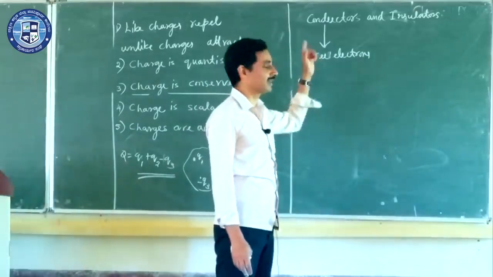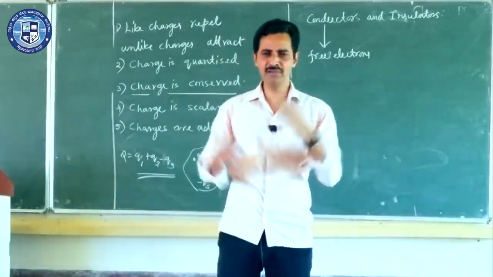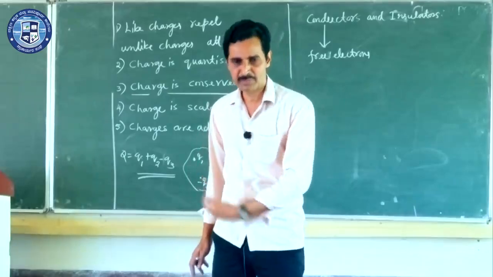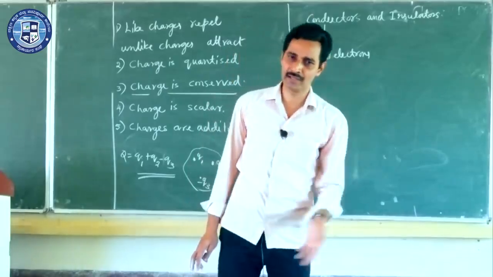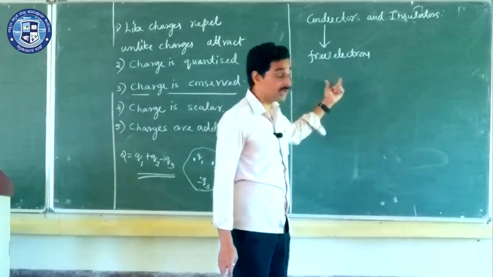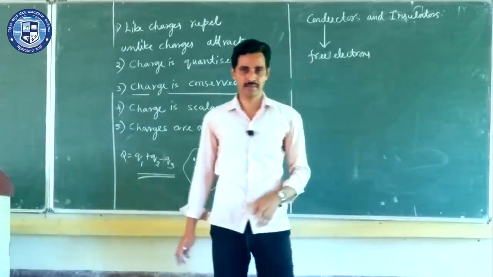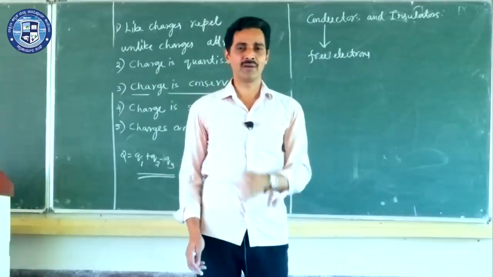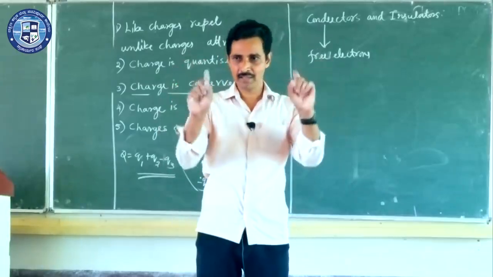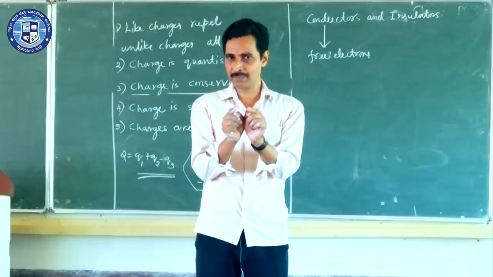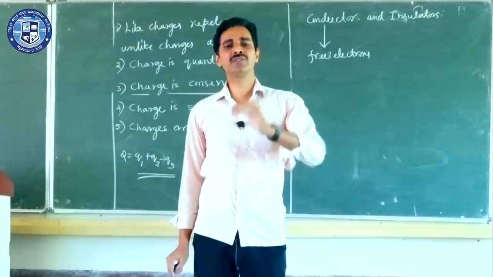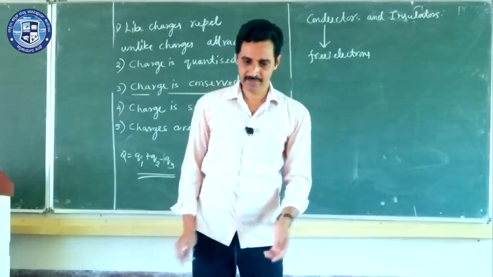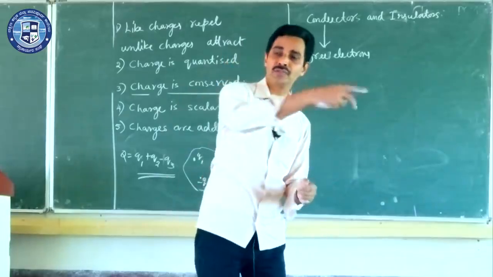And similarly in metals, in conductors, we have plenty of free electrons, and these electrons will be moving inside the material here and there. Such type of free electrons are not found in insulators. There are electrons which are revolving around. They are busy. They are not free. So when you take a metal and connect a battery, we call it applying potential difference, and you are going to study this in your later chapters. When you do so, current flows through the metal.